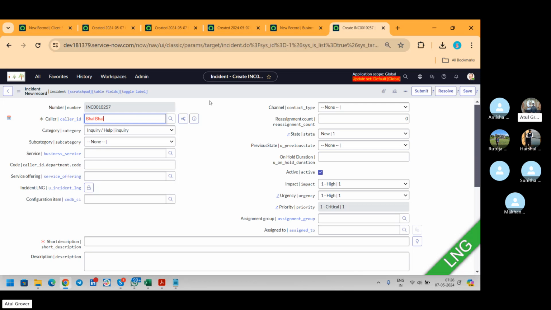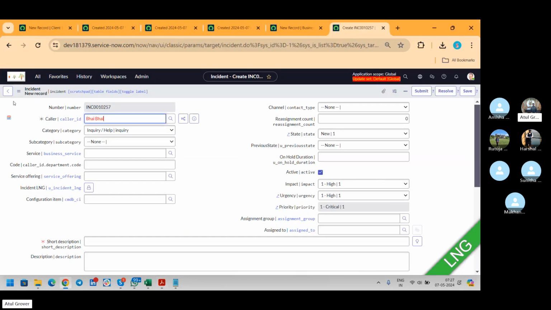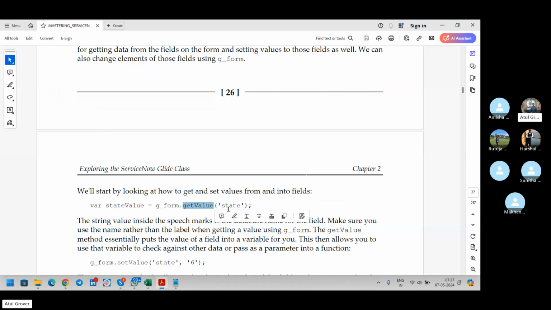Because this record is not inserted in the database as of now, how can we use it? We can use g_form.getValue, meaning to get the value of that particular field. So we say getValue, the call_id field in brackets, and whatever value is in it, write it out. And setValue, if you want to override that value, remove Bhai Bhai and make it Amisha Jain,